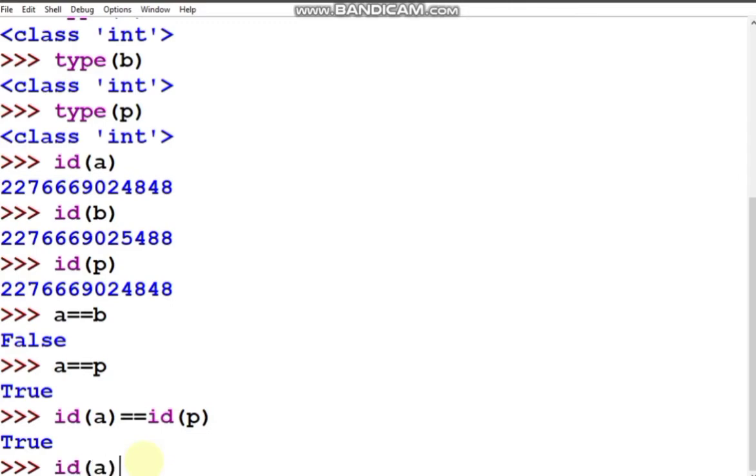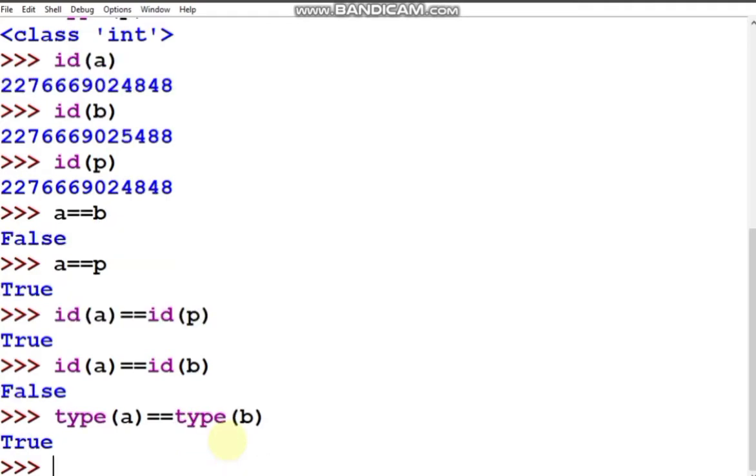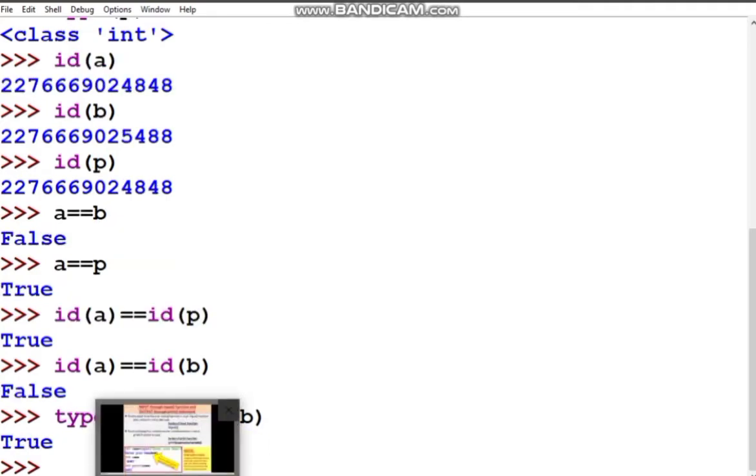But ID of A equal to ID of B, you will get a false value because both of them have different memory locations. But type, of course, all of them have the same value, so even if you check it with A or B, you will get true, because all of them are of integer type.